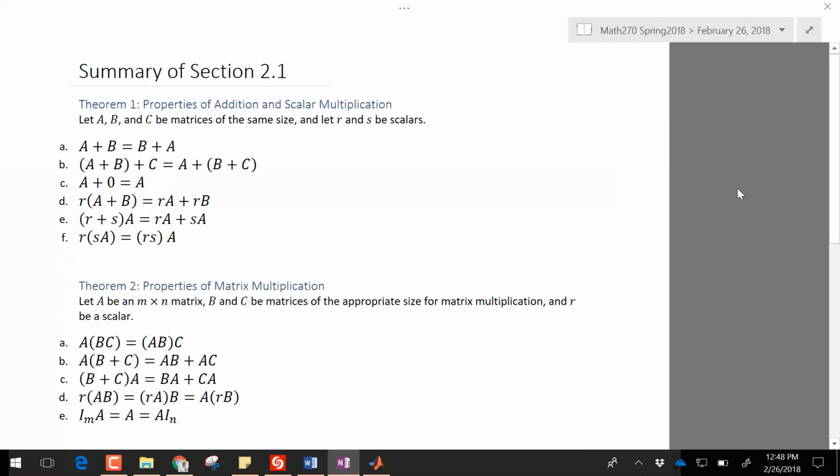All right, section 2.1. We looked at matrices as an array of numbers and we did things to it. We treated it like a vector, which had some sort of magnitude and direction. So we want to know what kinds of interesting properties we can get out of matrices. We'll dive into the properties a little bit later, but we want to treat them like things to manipulate, just like whole numbers are to manipulate, and then functions. We got more advanced. We started manipulating functions, and then